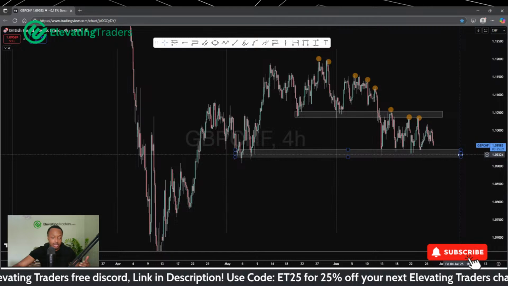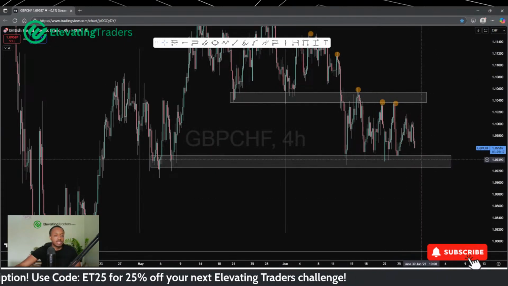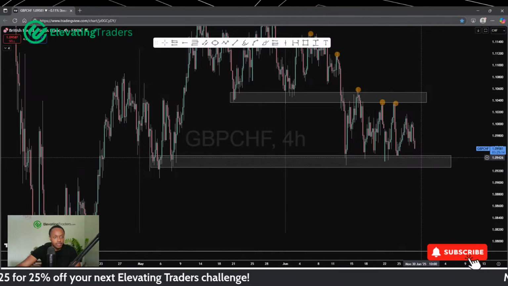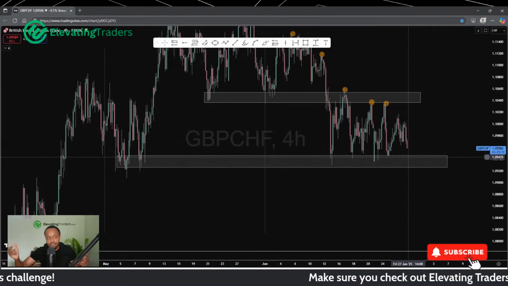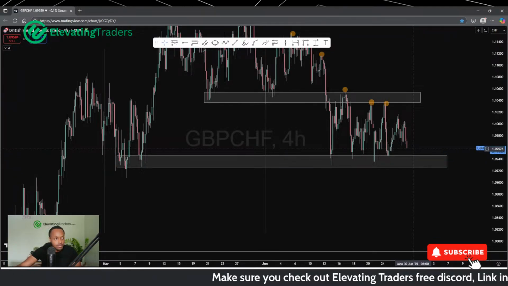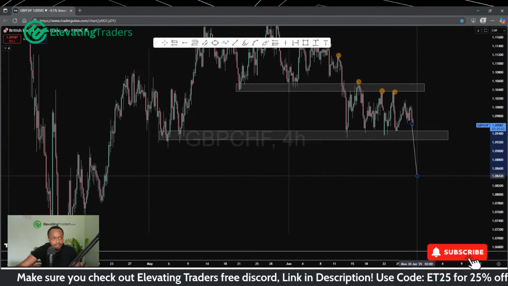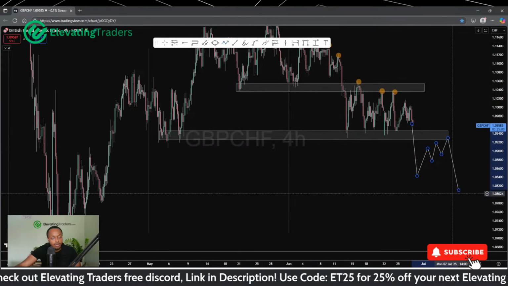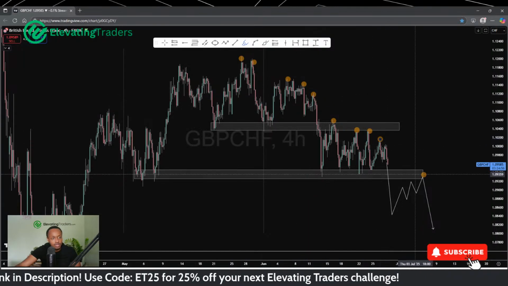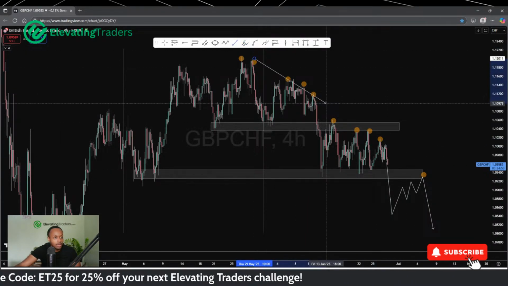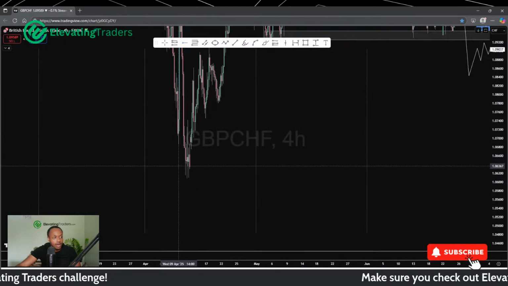Unless you're already in a position, then of course, great. Might be looking to take some profits as price approaches support. But I wouldn't look to short it now. We're coming right back into support. There's not a lot of room to work with there either. So I would suggest wait to see if price can break through support again. And that might provide another opportunity to find the next lower high in the sequence, being very, very consistent with these lower highs. I would bet on the continuation of that. And maybe we do push back into the lows here for pound CHF.